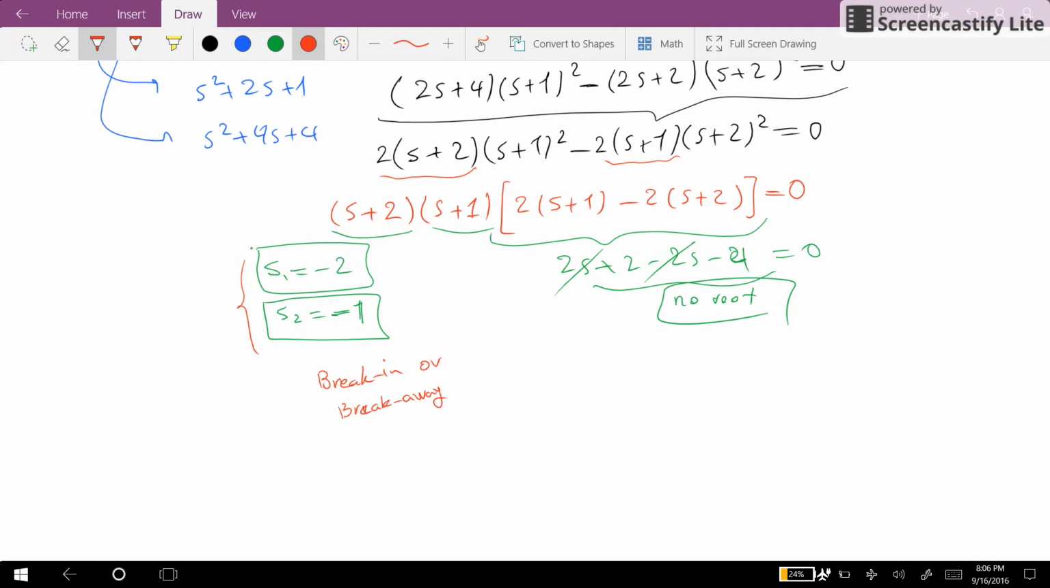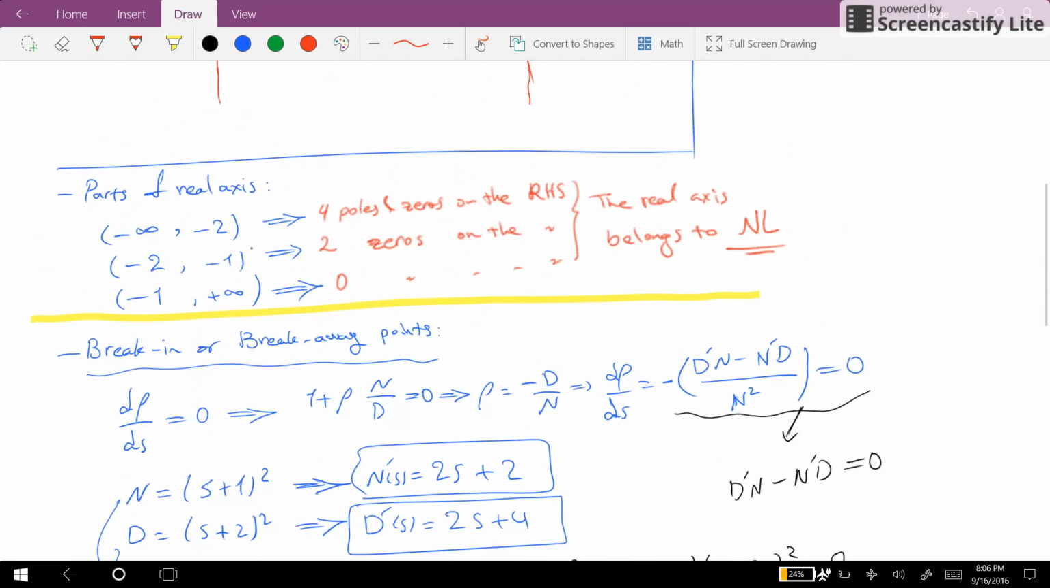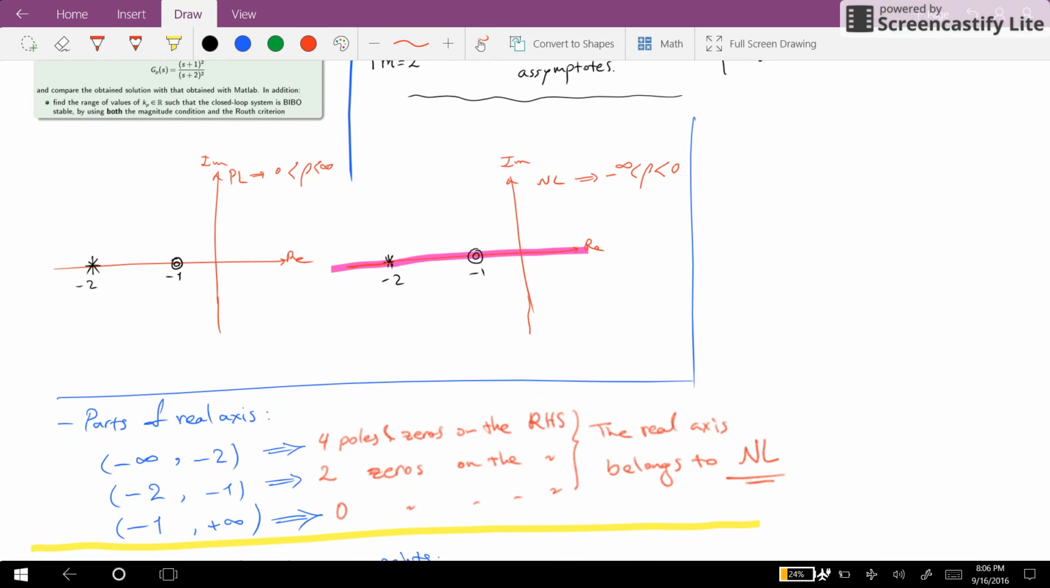I hope you know how to determine this. The main way is to find out the second derivative of rho with respect to s, evaluate it at one of these points, at -2 and at -1, and then depending on the sign, whether it's bigger than 0 or smaller than 0, you should be able to determine whether we have a local minima or local maxima, and as a result, whether it's a break-in or breakaway point. However, in the case of this example, by looking at what we have here in our graph, I can easily say that